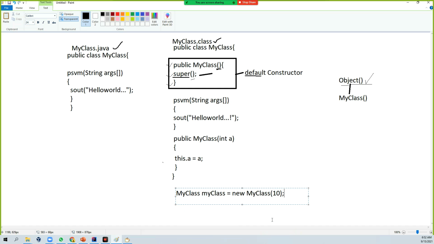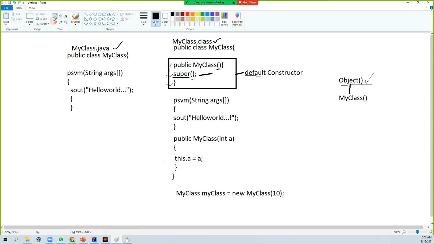When you write it like this, what will happen? This is a parameter, that means you are passing an argument. The value is 10. This 10, first it will look into this bytecode. Is there any parameterized constructor? Yes, it has. So this one is going to be invoked with the value of 10.